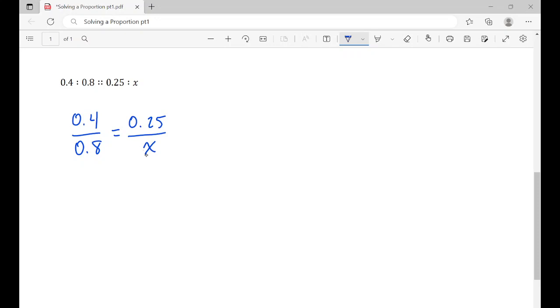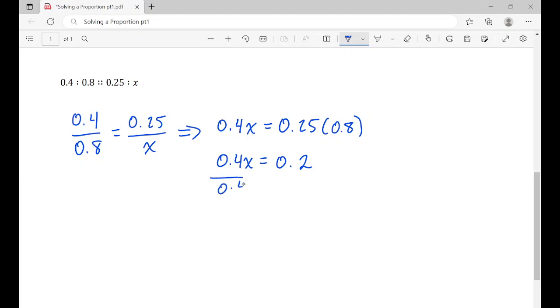And again, I'm going to multiply the x by the 0.4 and the 0.8 by 0.25. So I'm going to get 0.4x equals 0.25 times 0.8. And when we work this out, we're going to end up getting 0.4x equals 0.2. And then finally, solving for x, we're going to divide by 0.4 on both sides,